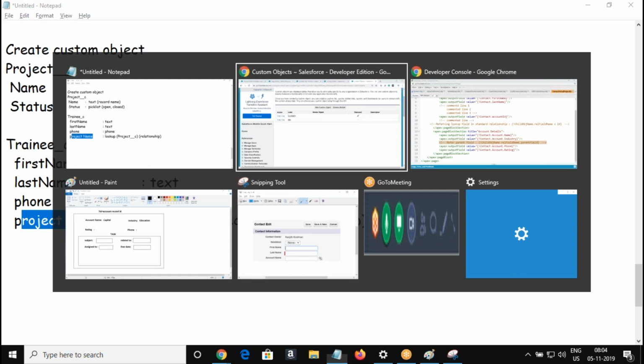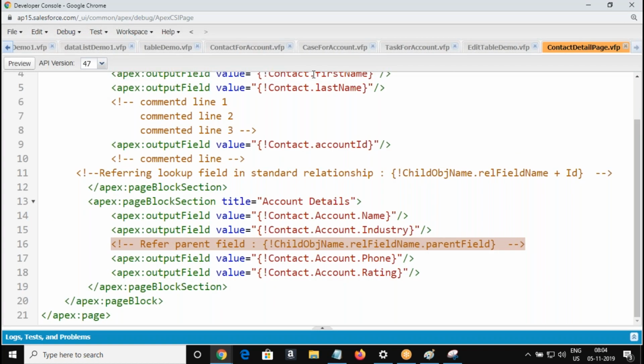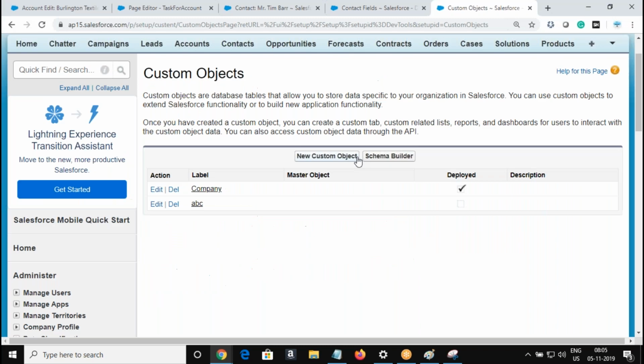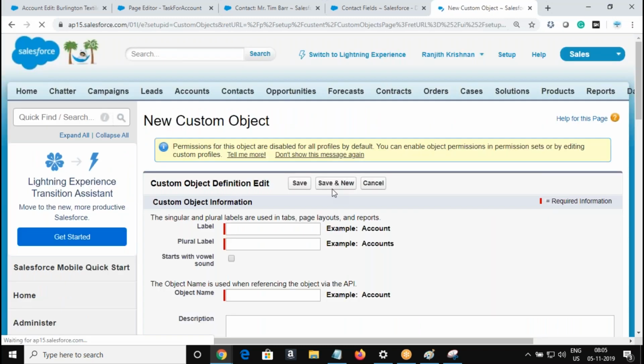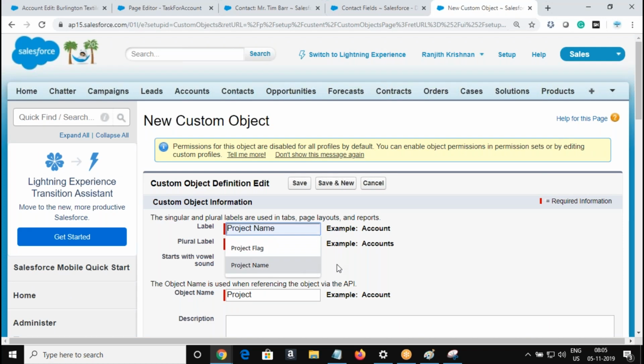I'm going to create a custom object, project. Plural name: Projects.